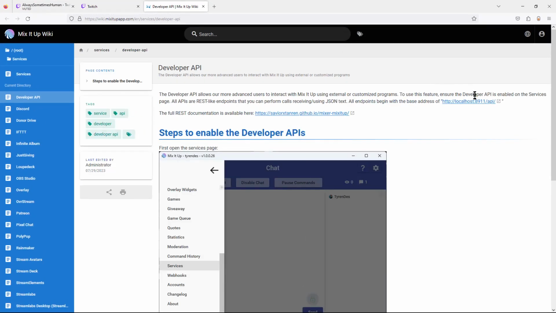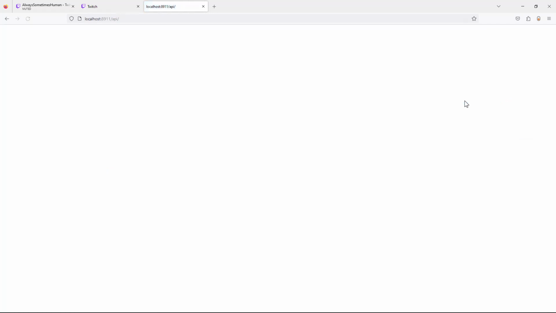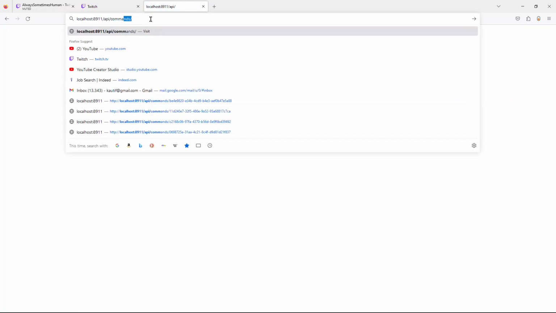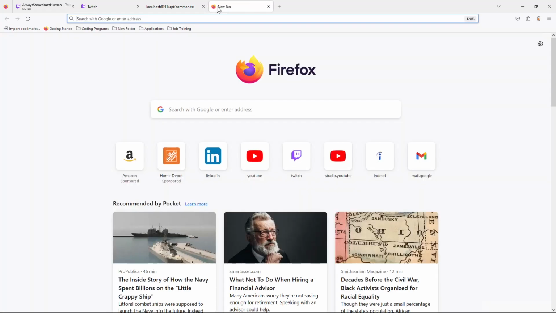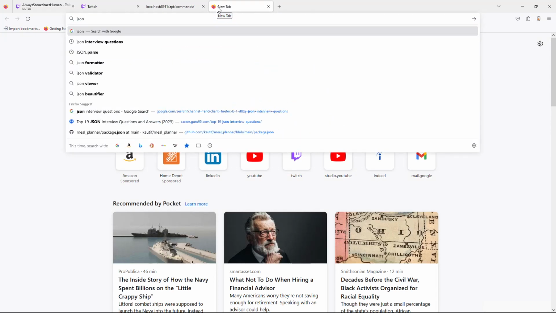Okay, you'll click on this link right here. Right now you see nothing, but if you type in commands, you will see all of your commands. Now I think I have an extension here that just makes this look nicer, and so you may want to find an extension for Firefox that makes JSON formats look nice. Like if we just go JSON